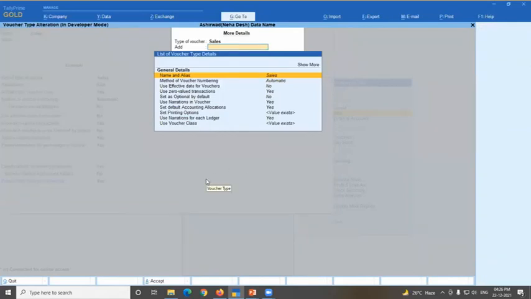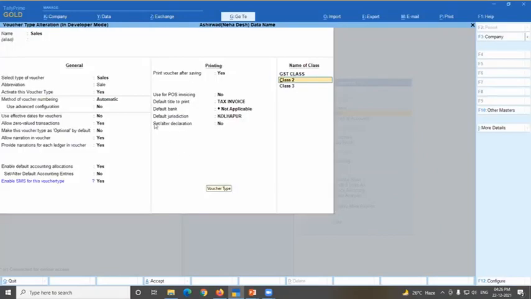See, there are some configurations. You can enable or disable these configurations. Like see here, narration, set as optional by default. It means once you have any object open, this is the object in case of Tally, it is not required to go backside again.